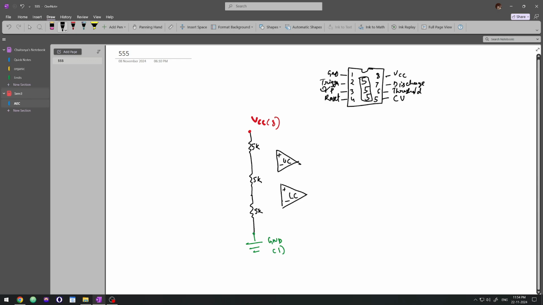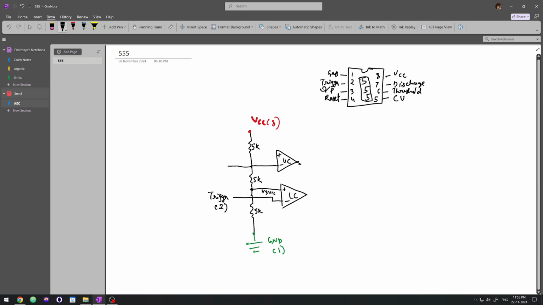The lower comparator's inverting terminal is our trigger, which is pin number 2. The upper is just shorted here, connected to 1/3 of the VCC. As you can see, from this point to this point, there's going to be across this one resistor, so it's going to be 1/3 of VCC. Okay, so shorted there, and the lower one of this upper comparator, the inverting terminal, is shorted here,